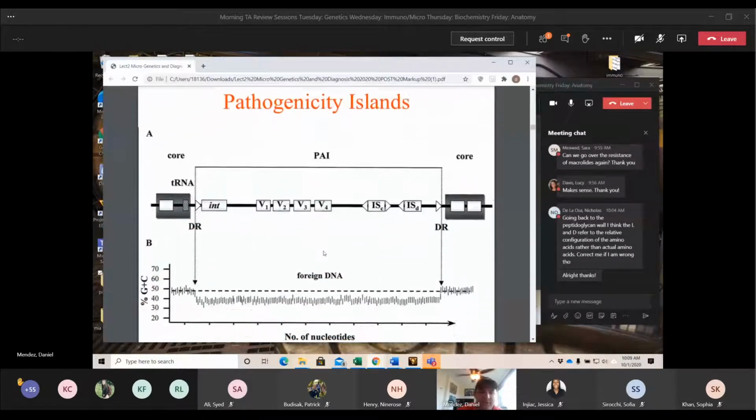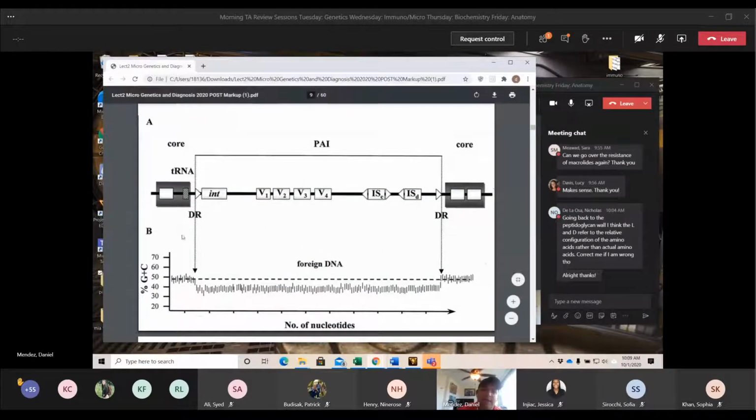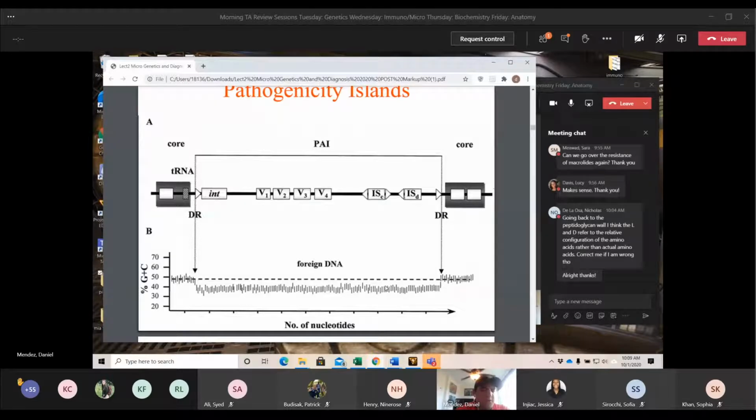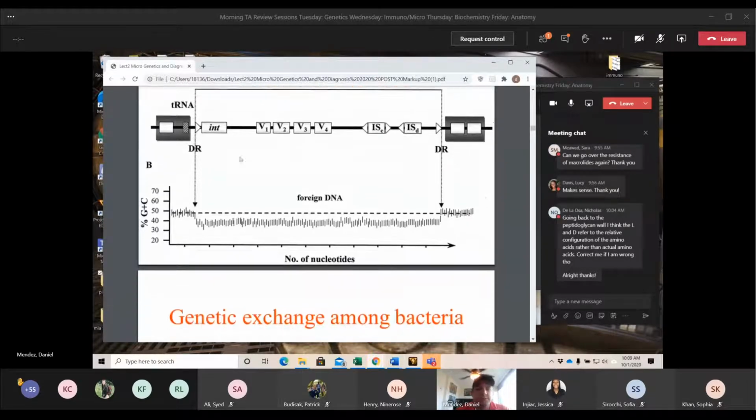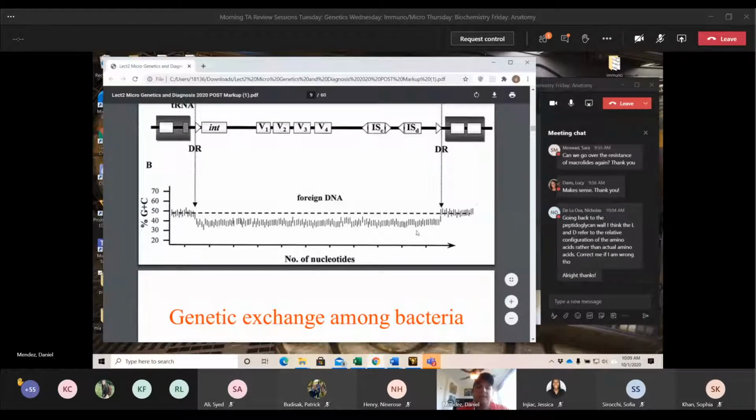Here's your image of it. Something important to note with this pathogenicity island is that we do see a lower number of G and C. So we see lower GC content. That's important to note. I kind of mentioned it in passing. Outside of the pathogenicity island, we see about 50% GC content, but inside we see a reduced number. So that's a way they can use PCR and gel electrophoresis to find out whether it is pathogenic or not, by looking at that piece of DNA and seeing the amount of GC content.